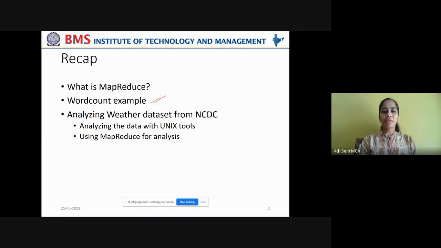We also took the example of the weather data set from National Climatic Data Center, and how it takes too much time by using Unix tools to analyze the data in NCDC, and how the task is made quicker and more reliable by using MapReduce for the analysis of that data.